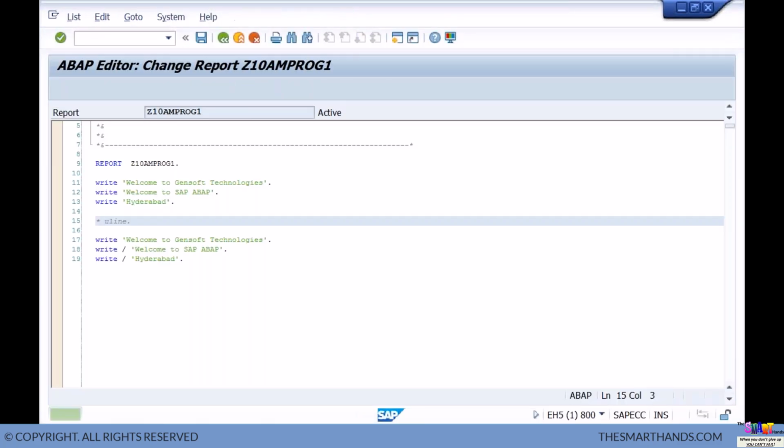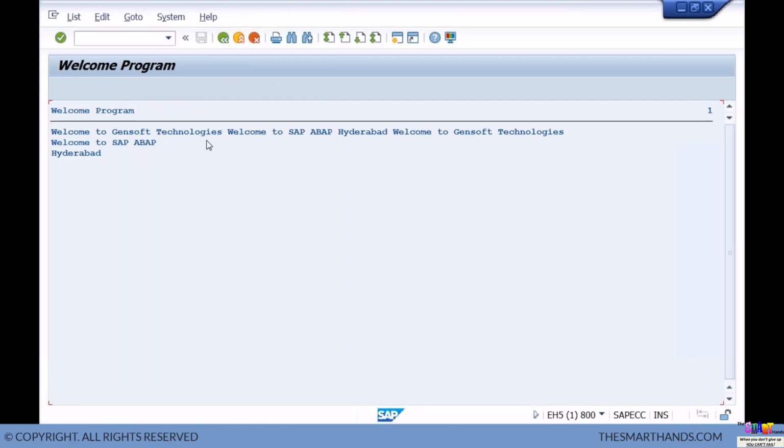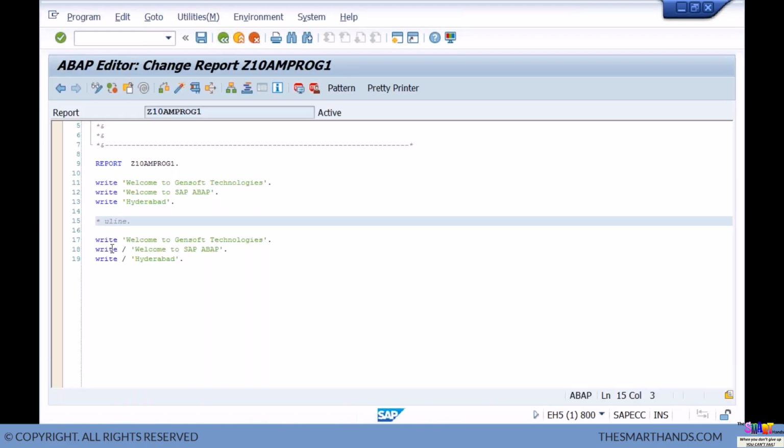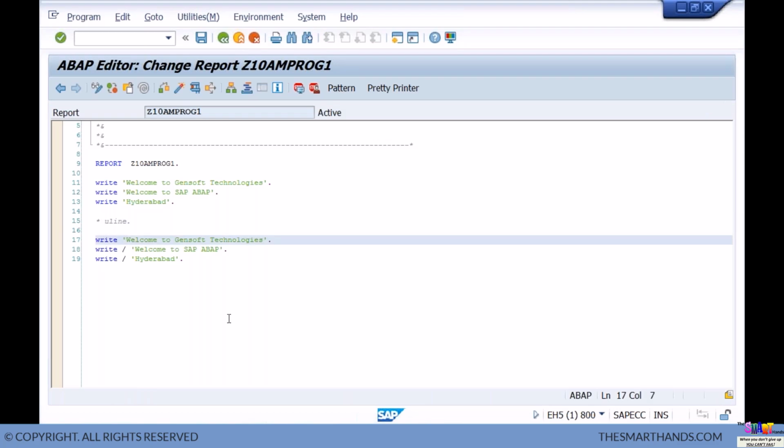When I execute, I got the result. Welcome to Gensoft Technologies. Welcome to SAP ABAP, welcome Hyderabad. And this welcome to Gensoft I got in the same line. So what I'll do, I want it in the next line. So here also, at the beginning of the line I'll say slash. So when I execute,